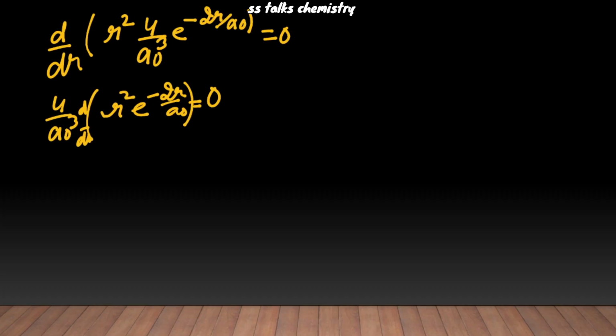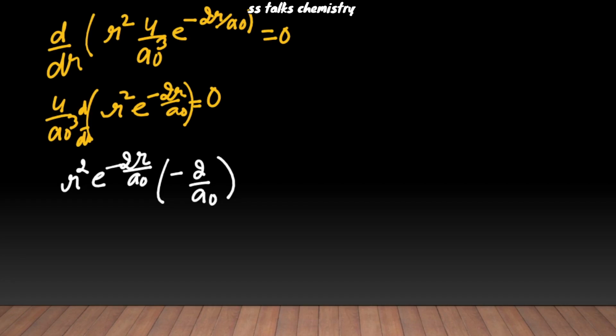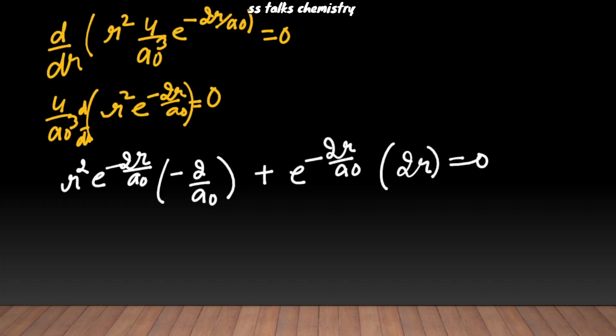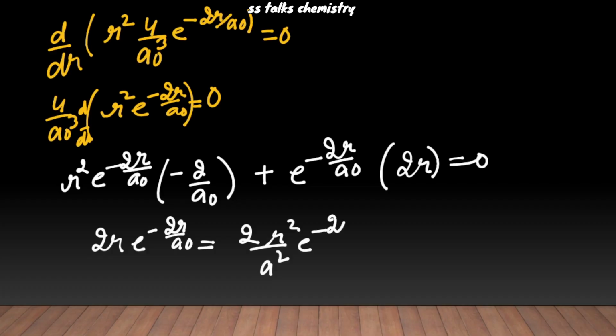So multiplication rule we are applying. First function as it is, differentiation of the second one, which is the differentiation of this exponential, minus 2 upon a naught, right? Plus second function as it is, which is e raised to the power of minus 2r upon a naught, into differentiation of the first, which is 2r. This comes out to be 0. So I'm taking the first one on the other side. It will become 2r e raised to the power of minus 2r upon a naught. This is 2r square upon a naught e raised to the power of minus 2r upon the